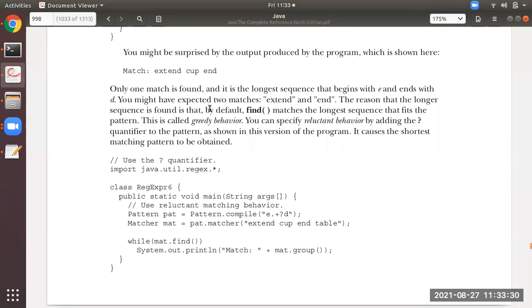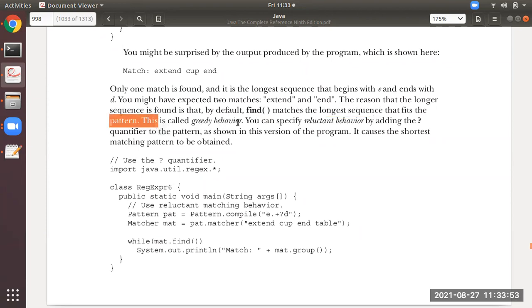So for this, what you need to do is, but before that, why is it giving you this? The reason is that the longer sequence is found by default using this find method, which is known as greedy behavior. The find method will find the longest sequence that fits the pattern.